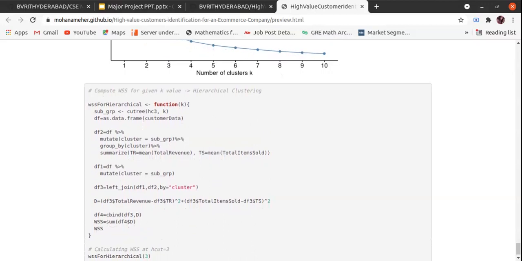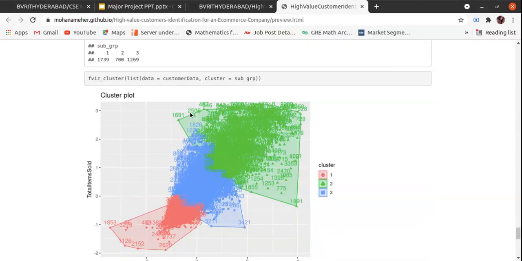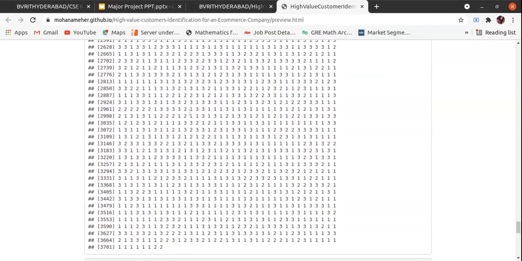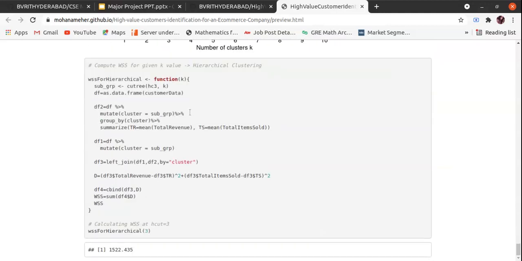Many of the popular methods used for determining the optimal number of clusters, such as k-means, are based on within sum of squares. If we consider this metric, we obtained a total within sum of squares of 1,368 in the case of k-means, and 1,522 in the case of hierarchical clustering. Lower WSS indicates a better fit, so we can conclude that the k-means clustering algorithm resulted better, and 527 customers are identified as highly valued.